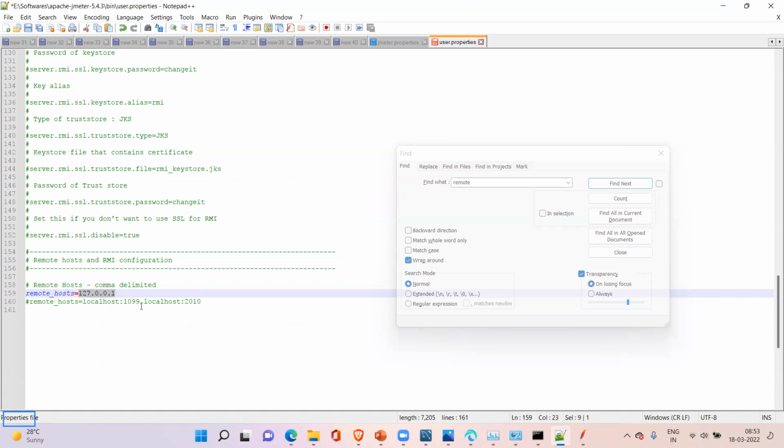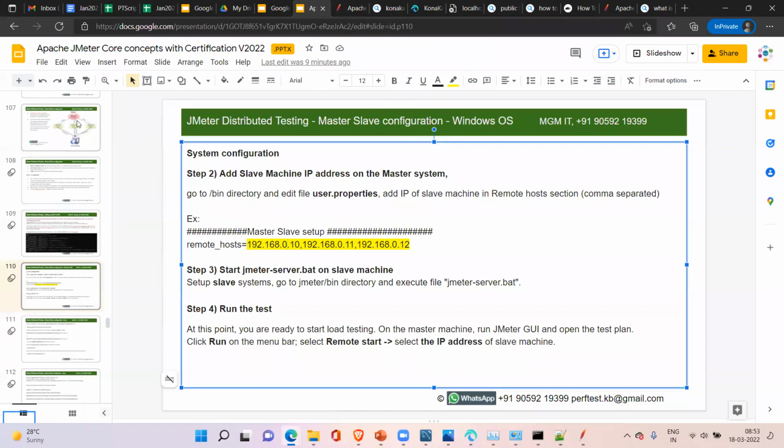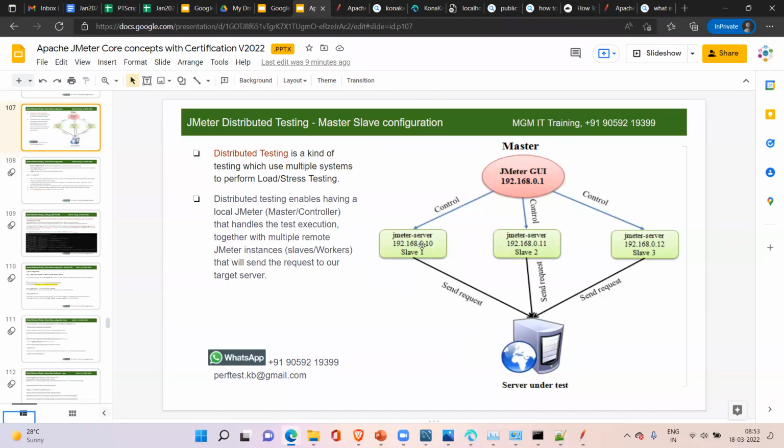For example, I have one more laptop in my network. I'll take this diagram only as an example. Suppose these are the slave machines: 192.168.0.10, 0.11, 0.12.